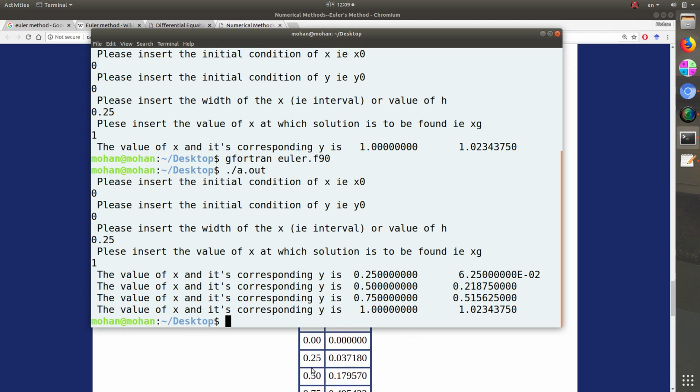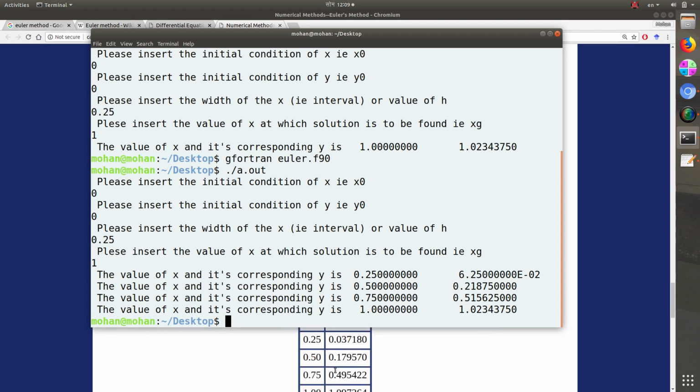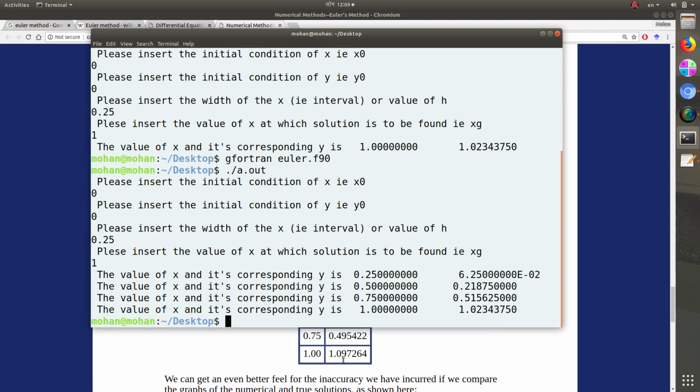Similarly for 0.50, and at the particular value of 1, the answer is 1.0234375. So exactly we are not getting the answer, but the answer is very near to the true value,